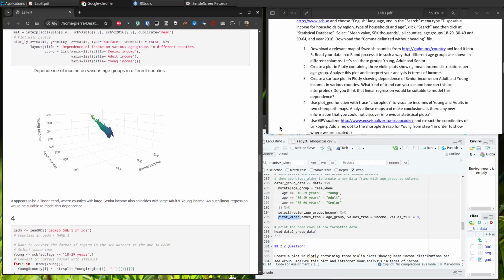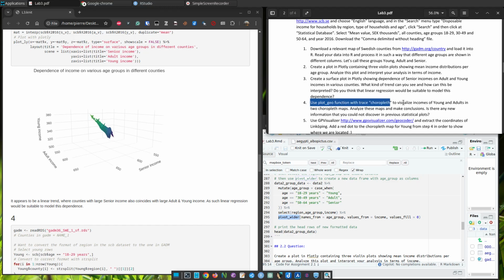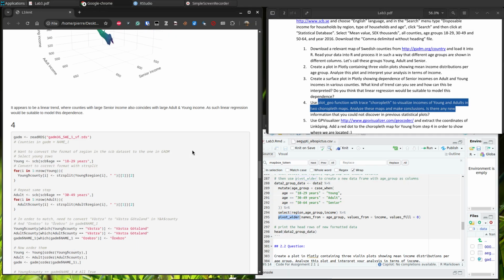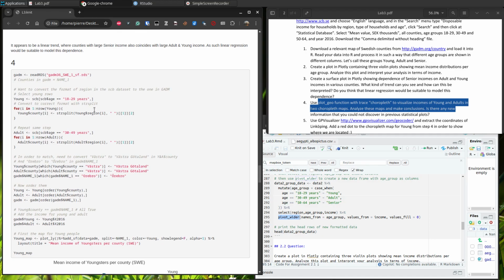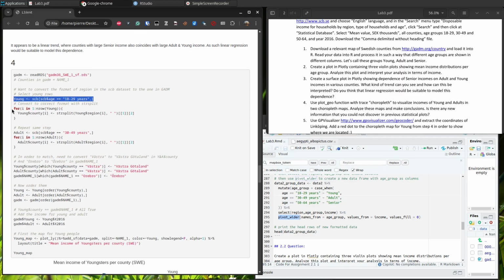Now let's see the fourth question. Use plot function with trace to visualize income of young adults in the two maps. Analyze the map and then make a conclusion. So here, let's check the code. He read this RDS file, then sets the young people, and then he split the data as data string and gets young people's county, and repeats this for the adult,